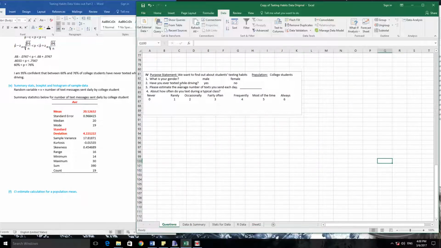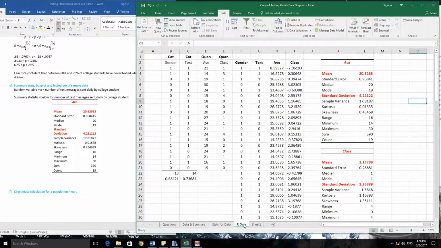With my questions, average is a true quantitative variable. My other variable is really a categorical variable because these are really categories, and even though I can associate a number with those categories, it doesn't have a level of measurement where means and standard deviations make so much sense. So since that's kind of intrinsically problematic when you have these kinds of categories, I'm going to avoid working with that variable for now and just work with the average number of texts per day as my